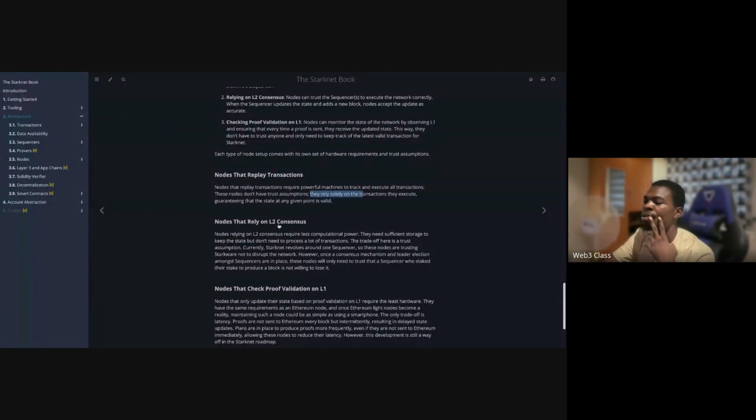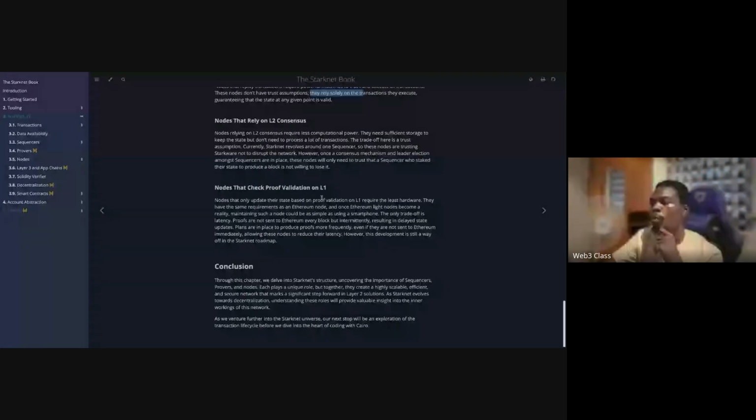Nodes that rely on L2 consensus require less computational power. They need sufficient storage to keep the state, but don't need to process a lot of transactions. The trade-off here is a trust assumption. Currently, Starknet runs on one sequencer. So these nodes are trusting Starkware not to disrupt the network. Trust me, bro. However, once a consensus mechanism and leader election amongst sequencers are in place, these nodes will only need to trust that a sequencer who state is not network is now check